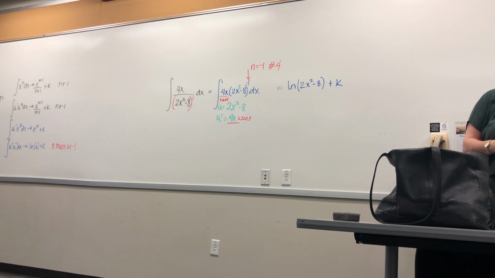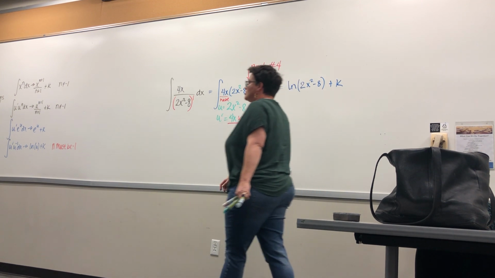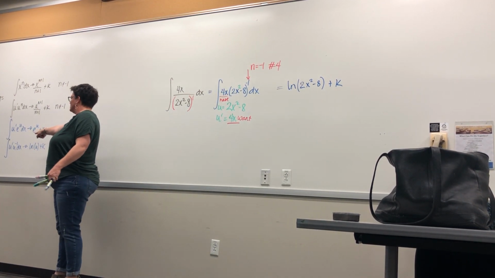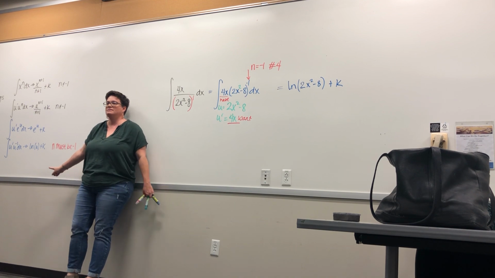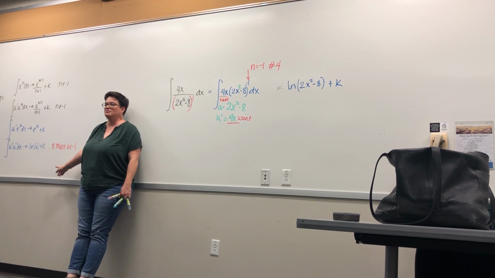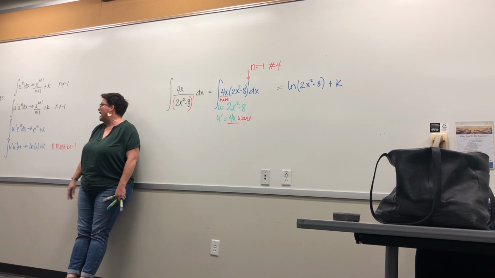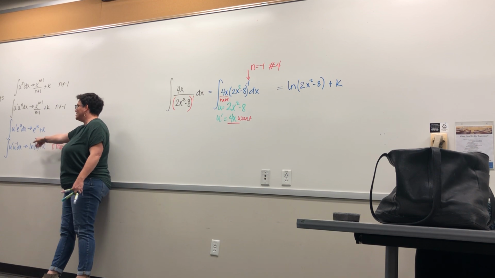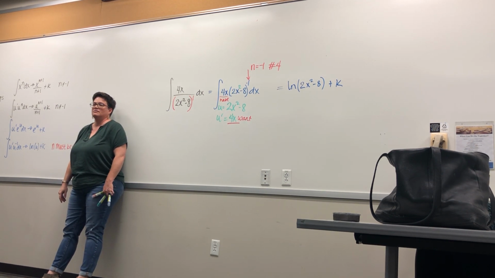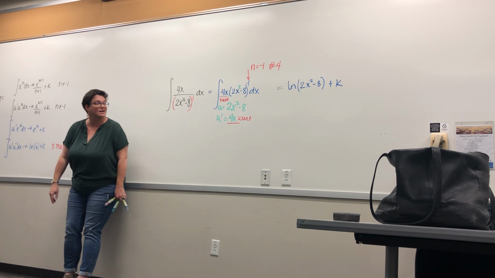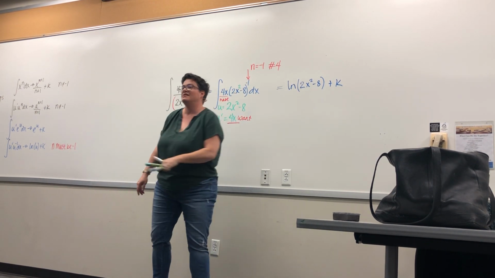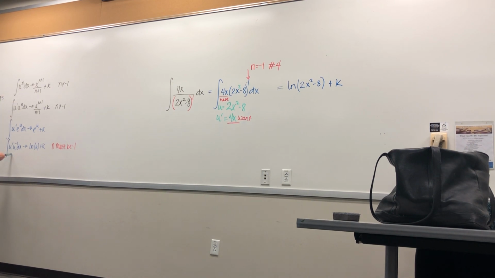How many of you wanted to overthink that one? Why are we doing that log? You tell me, Adam. What's special about the natural log? Oh, there's no e on this. Yeah. What's special about the natural log? Well, we don't know that it's natural log. Why do we know that it's natural log? The -1 gives it away. Because this is a -1, this is by definition integral number 4. It's the only one where n can be -1,